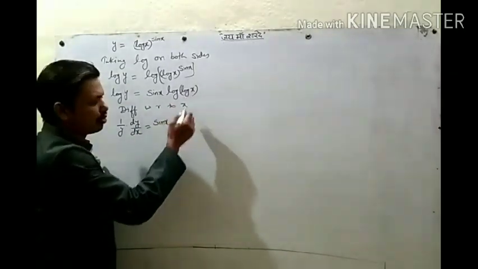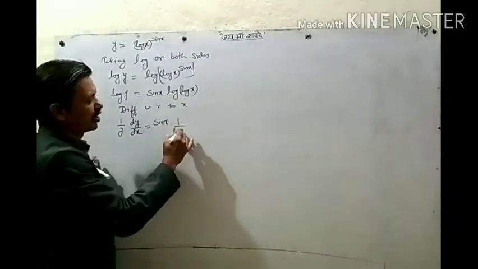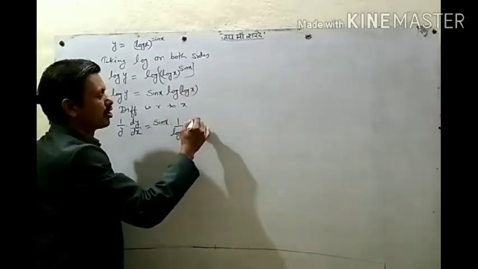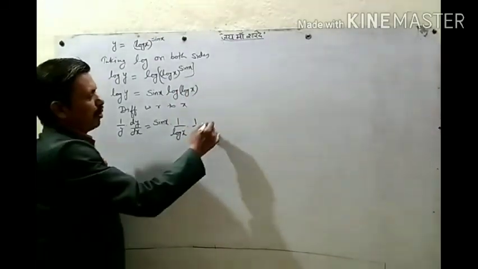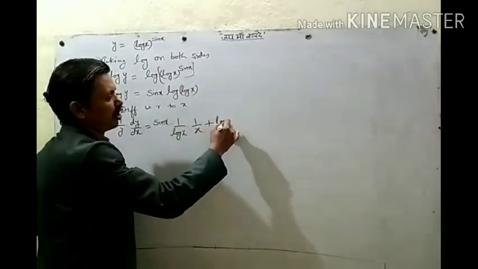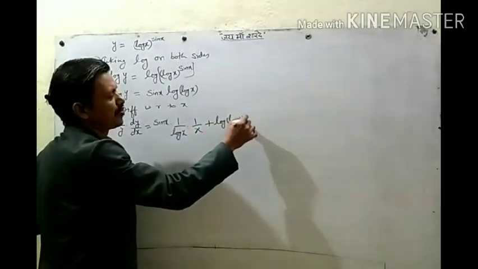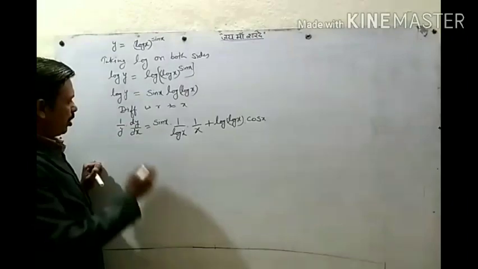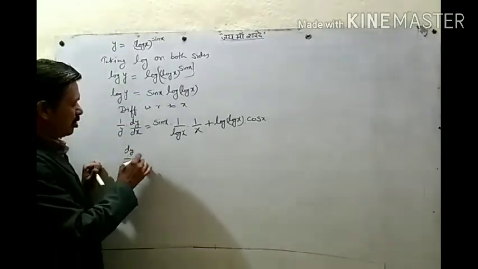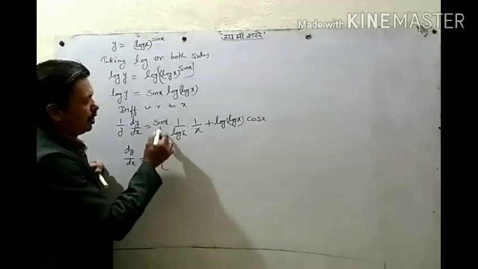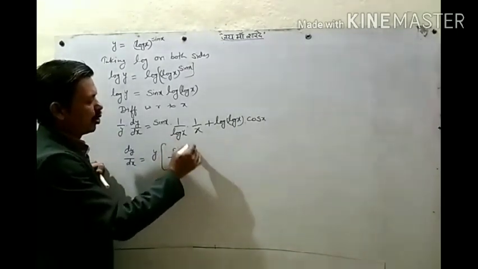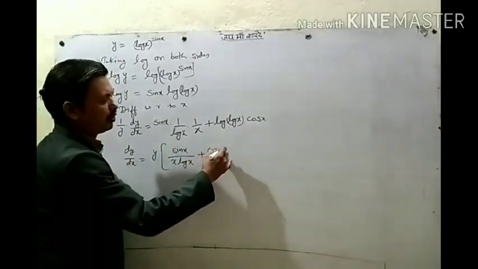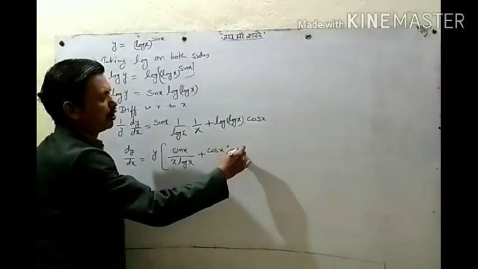Now applying the product rule: sin x as it is, times the derivative of log x. The derivative of log x is 1 by x, so we get sin x upon log x into, again it is not x actually, so again differentiate log x, so you get 1 by x, plus the second function as it is, log of log x, and the derivative of sin x, which is cos x. Check. So we get dy by dx is equal to y into sin x upon x log x plus cos x into log of log x.